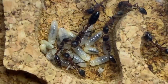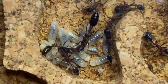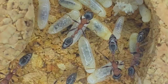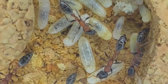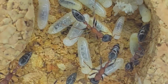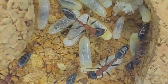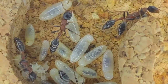As far as my parameters go, I'm keeping them pretty dry, to be honest. I have been hydrating a tiny little area of the nest, mainly just for them to drink, and they seem to be more than happy with it. I'm keeping them about 26 degrees, as I do with most of my species, and they seem to be pretty fine with that, being quite active around the nest and scurrying into the outworld occasionally to go get some sugars